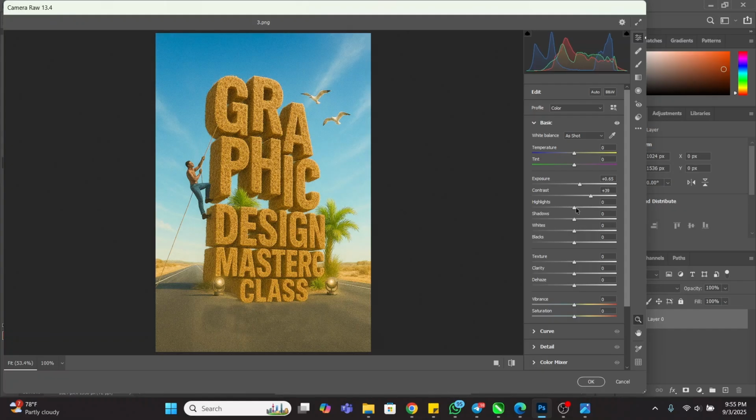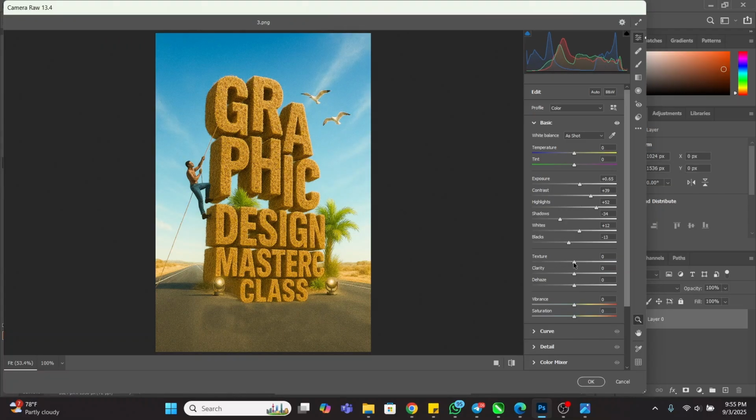And then just adjust the highlight, just a little, you see, just a little. And then the shadow, let's take the shadow down a little. The white, if you need white, you can increase the white. If you don't need it, you can take it back, right? But I think I'll take it back, or let me just leave it this way, right? The black, I'll just take the black down a little,